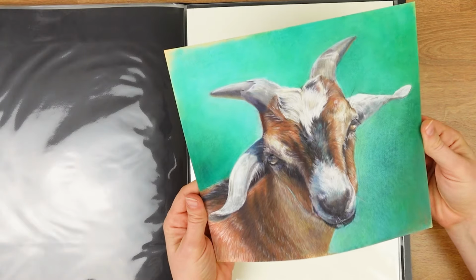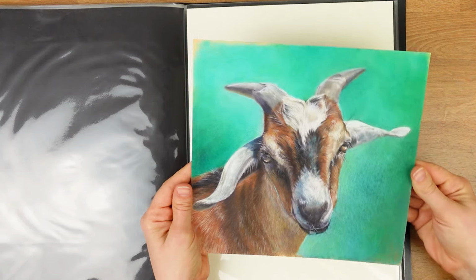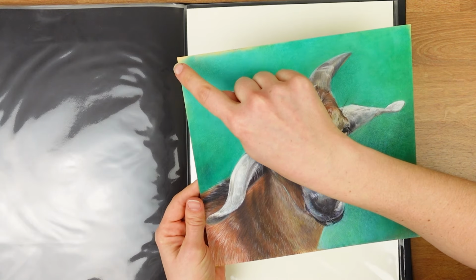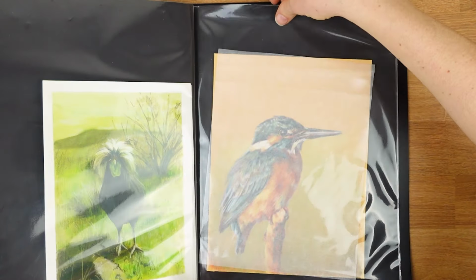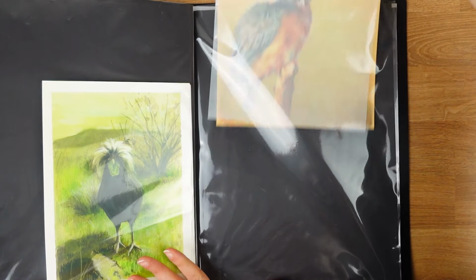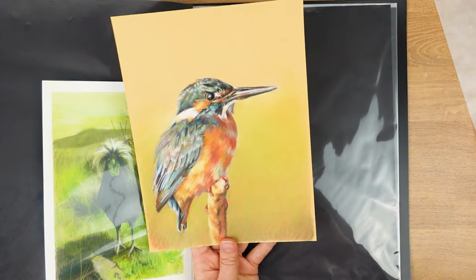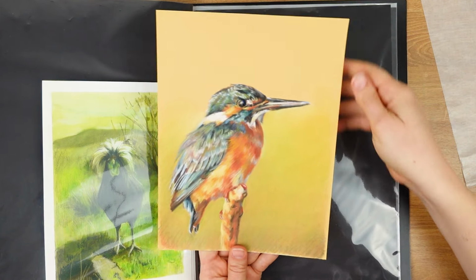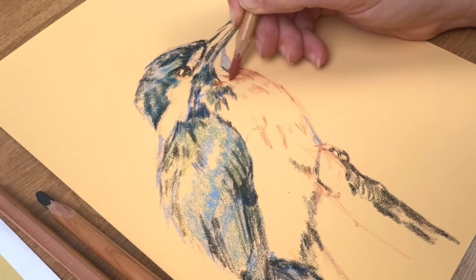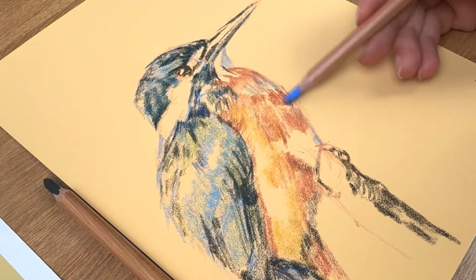99 times out of 100, if I'm drawing an animal with fur, I'm doing it on Pastelmat. This surface is amazing for layering individual hairs, and it also works great for birds too. It can be tricky to get the texture of feathers right when you're working on a smooth hot press watercolor paper, but when you're on Pastelmat, you can continue to layer color over the top and build up that texture